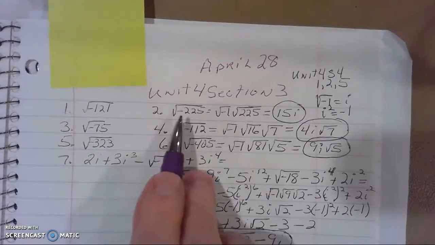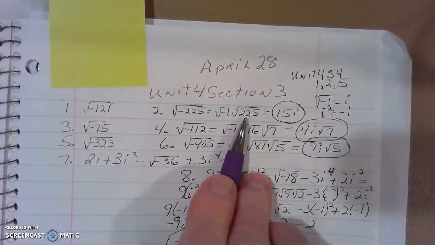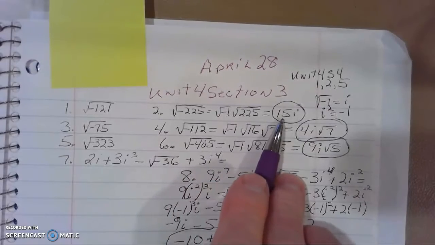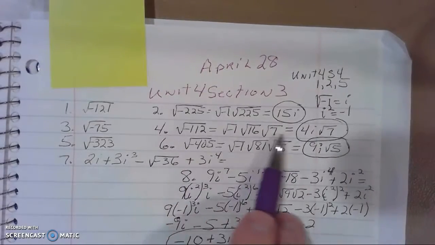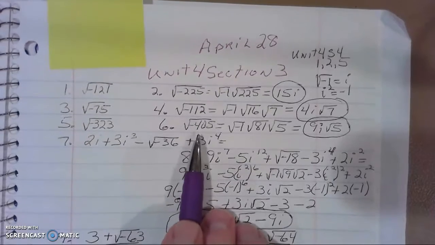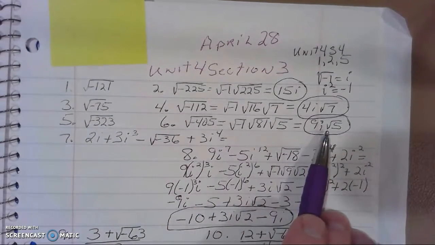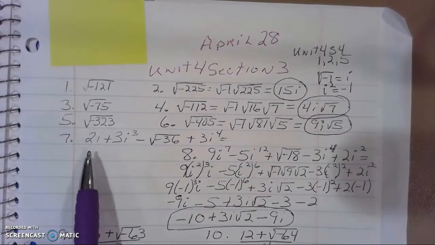So, the square root of negative 225 is the square root of negative 1 times the square root of 225, 15i. Same thing on 4, break it down. Same thing on 6, break it down. You have your i. Then number 7